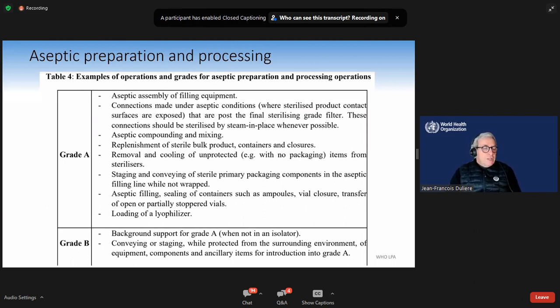Now, considering the unloading, if you make some lyophilization into open ampoules, the unloading of the ampoules will be required to be made in grade A conditions. If you have vials where the stopper has been closed in the freeze dryer,